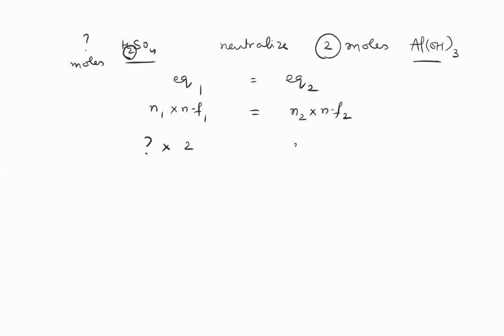Number of moles given is 2 into the N factor of aluminum hydroxide. Look at the number of hydroxide ions: 3. So what's the number of moles of H2SO4 required now? 3 moles. If you want, you can prove this stoichiometrically also. So this is one example with an acid-base reaction. Let me do another example